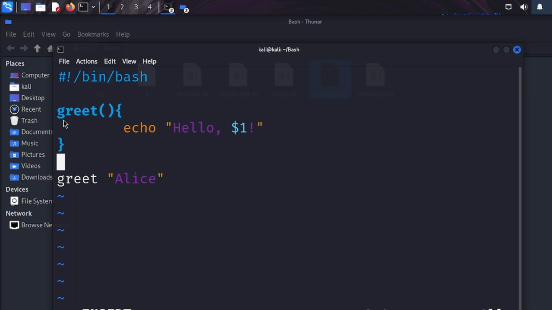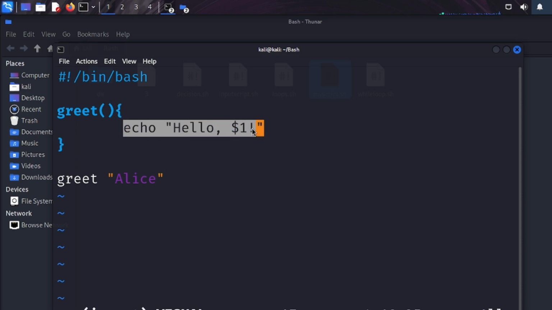So here the function definition basically involves defining the function with a name. Here the name of our function is greet. Within the function, we write hello $1 with an echo command. So here we will be printing hello, followed by the first argument, which is captured through $1 and is basically passed